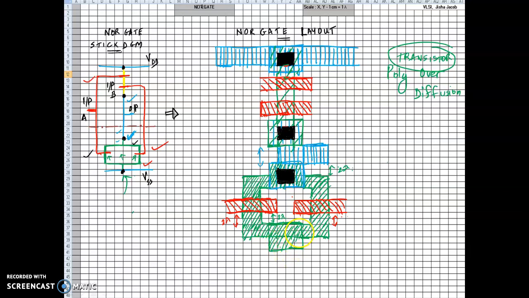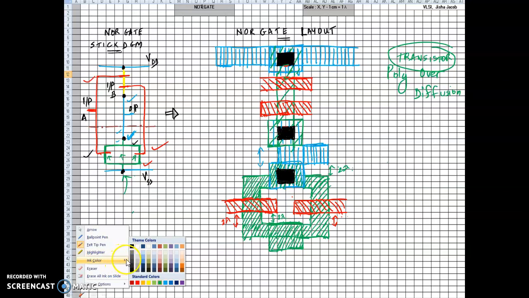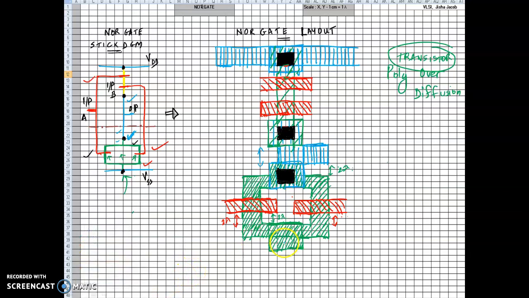Overlap between the contact and the diffusion is fine, because if you look at it from the physical fabrication perspective, all metal lines will be drawn over the substrate surface. I think you can visualize that, isn't it? All metal layers are actually drawn over the substrate surface, and the diffusion is actually within the substrate. So it makes sense that metal can be drawn over the diffusion, and that is fine. Okay, that does not cause a problem, right?